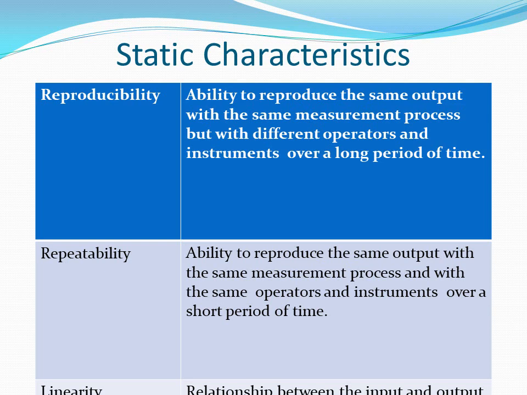Then I'll use another weighing machine 2, and I'll use a different operator. Similarly, I'll be using the third operator and a third instrument, a fourth operator and a fourth instrument. But the thing I'm going to measure is the same 1 kg of apple. So all the operators and all the machines have to produce the same result as 1 kg of apple. If it is like that, I can say the instrument we have designed has good reproducibility.